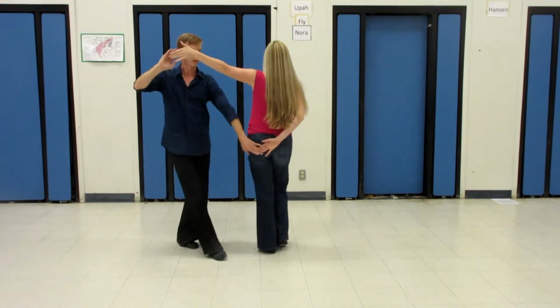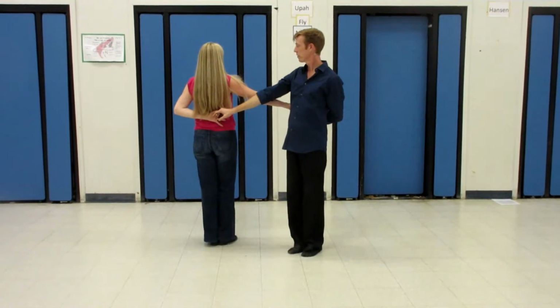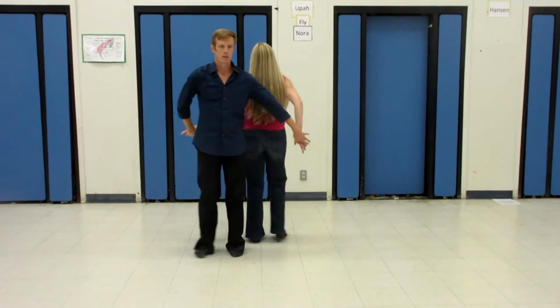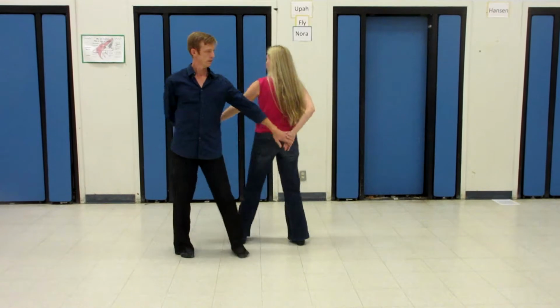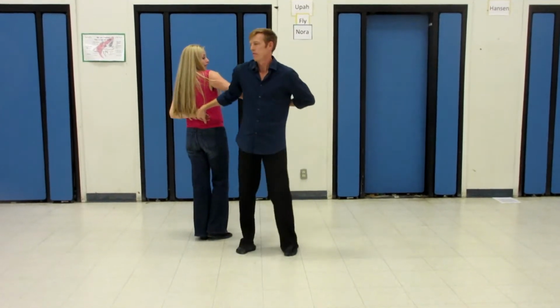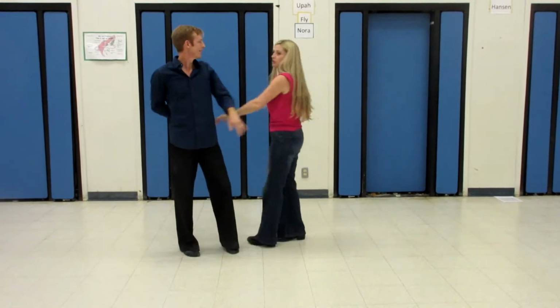So this hand has to come down while the other hand goes up. And then same thing here. The hands have to both swing down as we pass each other. That's how it's going to be the easiest. If we keep the hands high at waist height, both of us are going to have this delightful position with the elbows and the shoulders and